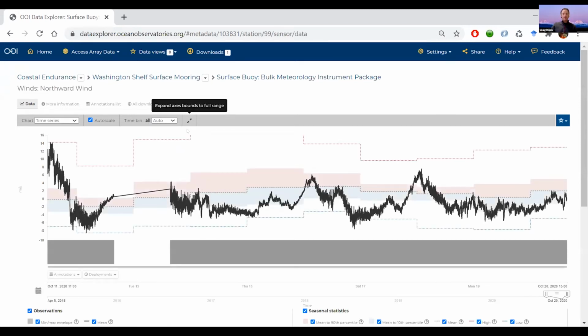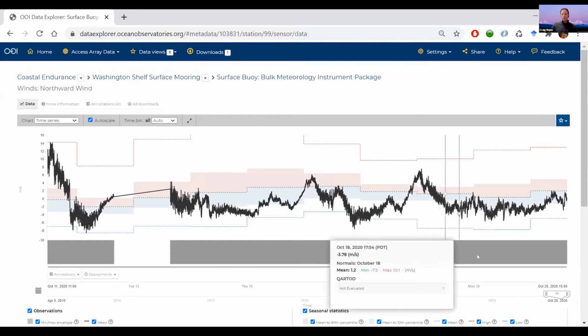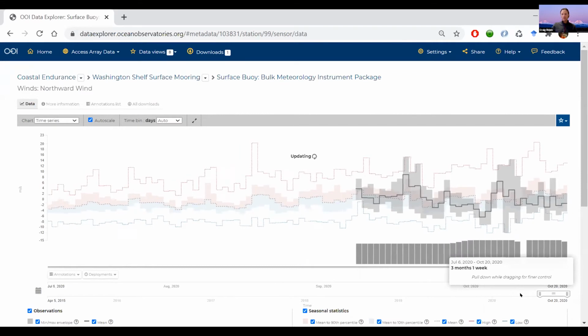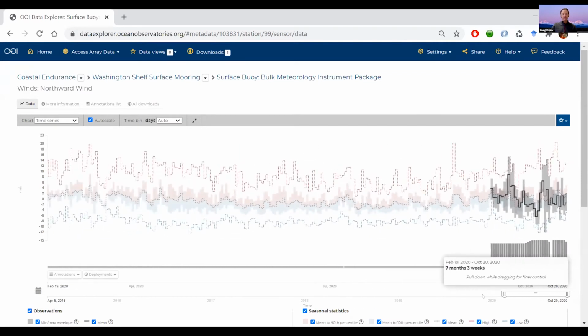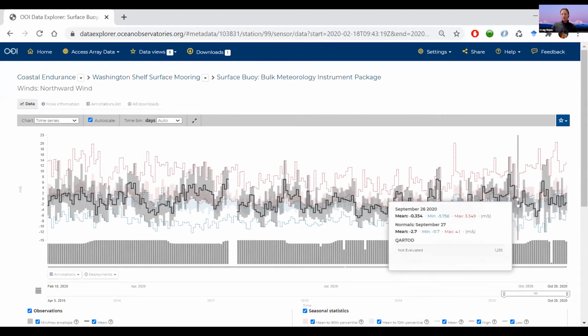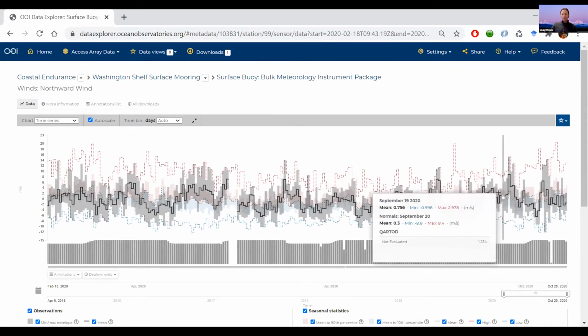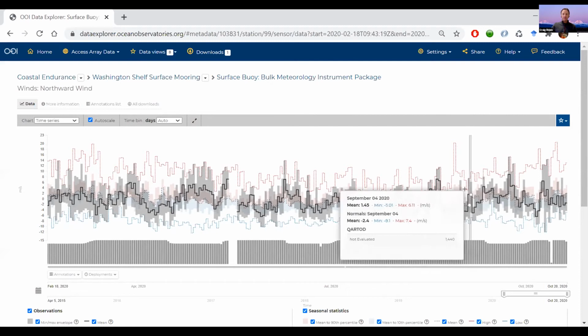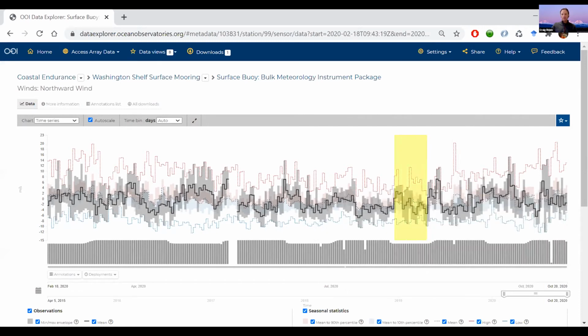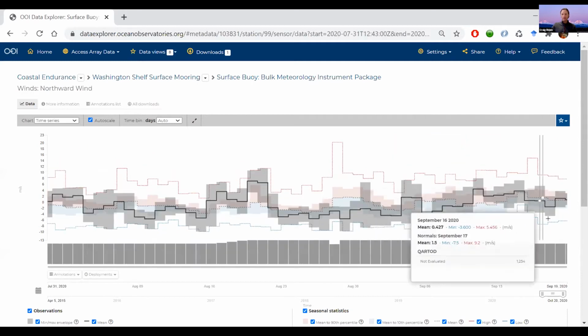I'm going to blow it up here and show the winds. These are the recent winds. So this is kind of the most recent week to 10 days of winds. What we're interested in really is in August. So again, you can use the slider bar down here and extend the time series to a wider time range. And as I mouse over here, you can see the values change, and what we're really interested in is August. So just drag here, zoom in on this period,